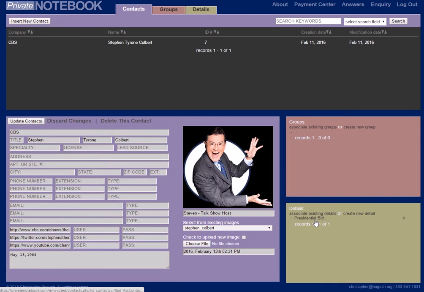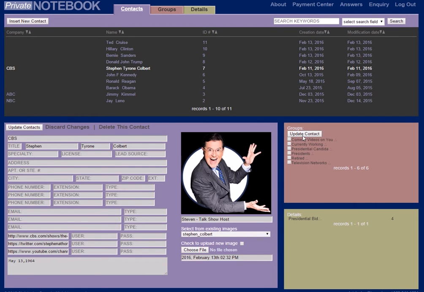So interestingly, we have another person that could be added to our newly formed group. Our associations with presidential candidates would arguably be relevant to Stephen Colbert. So I'm going to click Associate with Existing Groups. And if you look on the right-hand pane here, you'll see that we have comedy videos, currently working, presidential candidates. Ooh, that's the one. I'm going to click on that with a little check, and I'm going to click Update